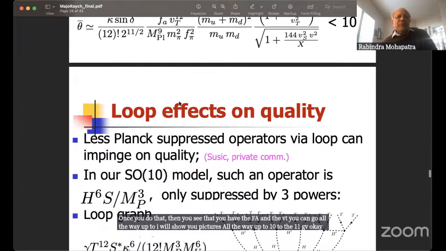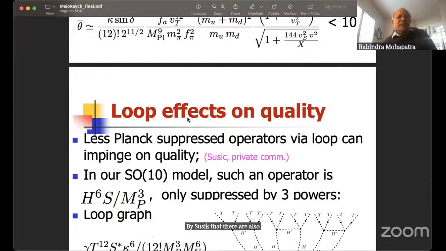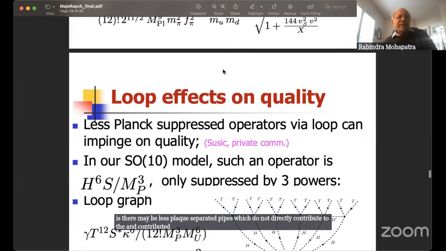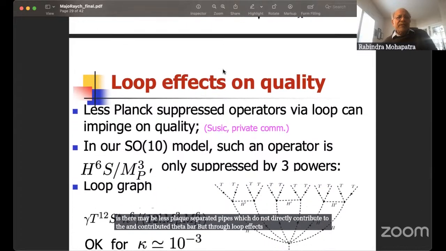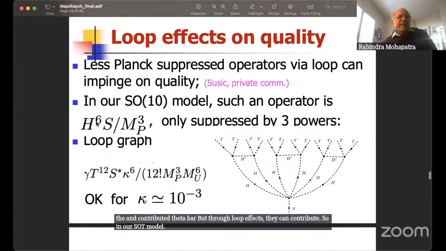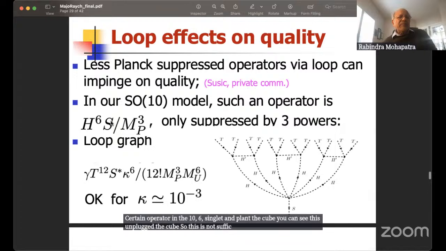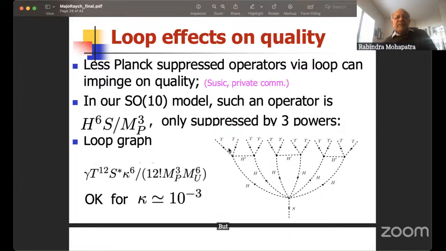Okay. Now it was pointed out to us by Susik that there is also another kind of effect that is important in this theory. There may be less Planck-suppressed effects which do not directly contribute to the theta bar, but through loop effects they can contribute. In our model, such an operator is the 10-bar 6 singlet over M Planck to the cube. This is not sufficient suppression, but it doesn't contribute to theta bar, so that's okay. But once you have some higher-order loop diagrams,